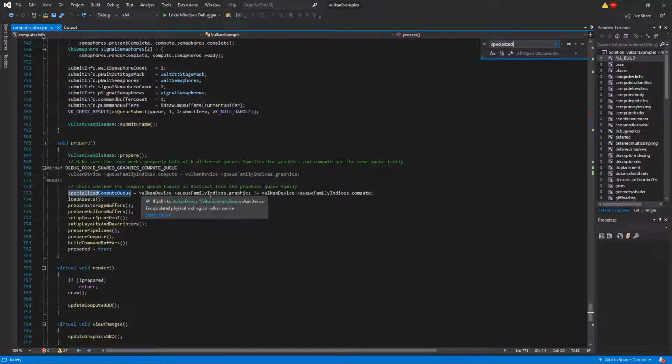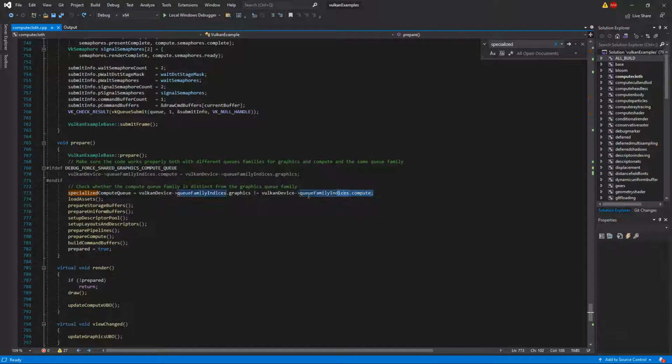What it's doing is saying, does the graphics queue family not equal the compute queue family? Because it's a not equal, it resolves to false because of this not equal logic. So as I said, on my GPU, the graphics and compute queue family are the same. So